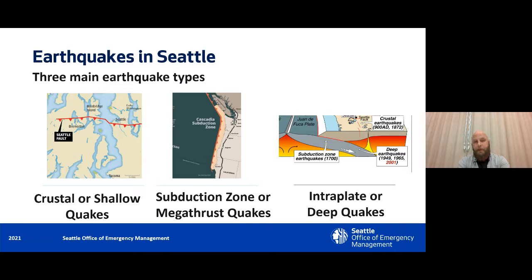When people talk about the big one, they're usually talking about the second type of earthquake, so a subduction zone earthquake or a megathrust quake. And this is the earthquake that's related to the Cascadia subduction zone, so where we have two tectonic plates coming together off the coast on the Pacific. And this is what can result in those 8.0, 9.0 earthquakes, those really big ones. Typically, we see an 8.0 or a 9.0 every 250 to 500 years. The last one that we know we had was a 9.0, and that was in the year 1700. So it's been quite a while.